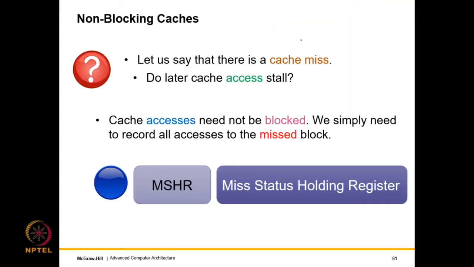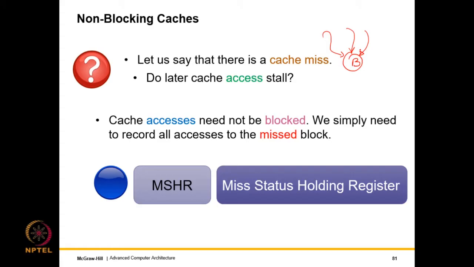So what do we do then? What we do then is that we look at other kinds of optimizations, which brings us to our second optimization. This is another idea which is called a non-blocking cache. So let's say that we have a cache miss for a certain block B. If there are later cache accesses, what happens? If they are to different blocks, well, they can go through. But let's say they are to different memory words within this block. So what do we do? Do they actually stall?